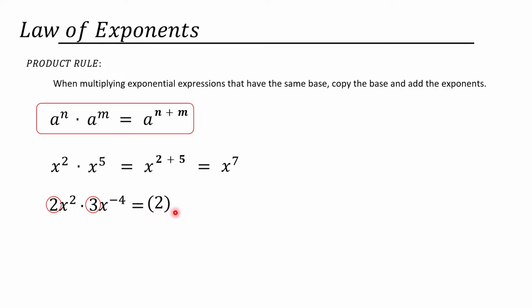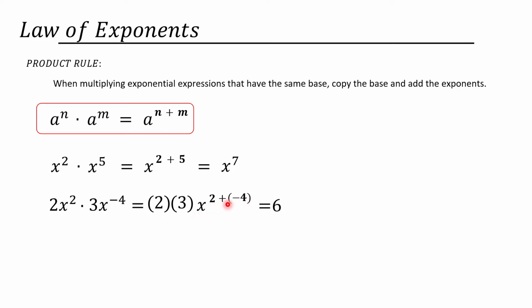So, that is 2 times 3. Separately. Okay? So, after that, then we will now apply this principle to our variable. So, we have x and x here, which is magkapareho yung base. Okay? So, we copy that one. Then, you add the exponents. So, that is 2 plus, take note, na yung exponent natin dito is negative, so we add that by negative 4. Okay? So, our answer now is, we simplify 2 times 3, that is 6, x raised to the power of